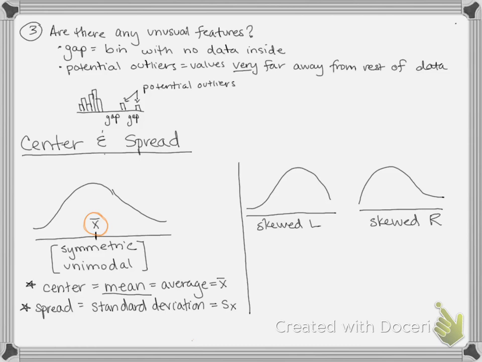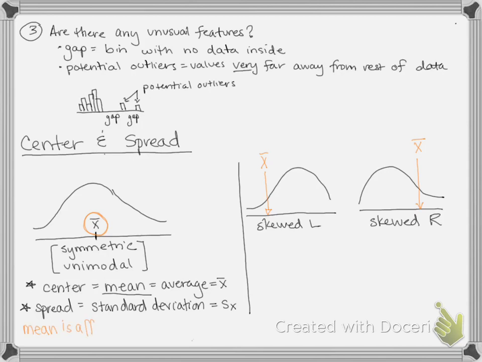So I want you to look at the picture that's skewed left, no longer the one that's unimodal and symmetric. If I'm staring at data that's skewed to the left, then that means that on the left-hand side there are some extremely low scores. Well, if that's the case, then somewhere over here, where those low scores are, is my average. It is pulled in the direction of the skew. So again, I'm going to put my average over here on the right when my picture is skewed to the right, because the mean